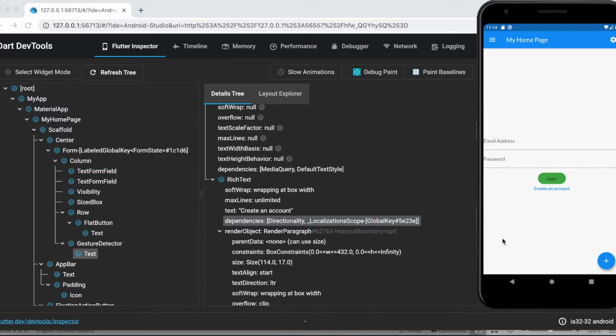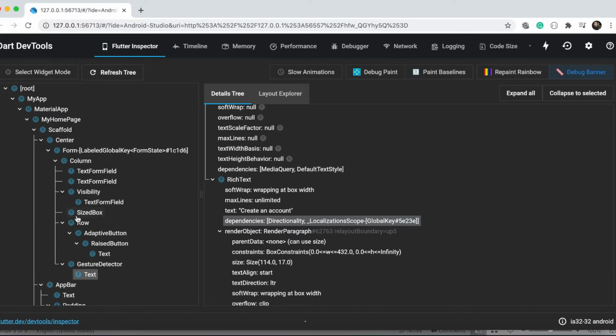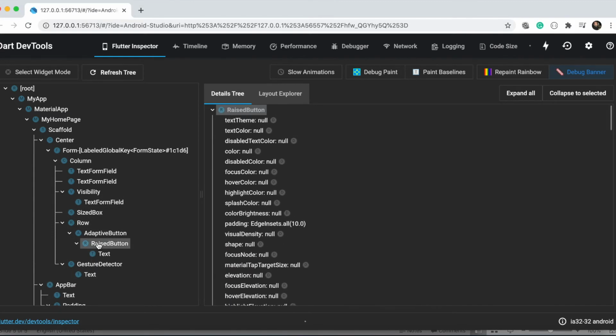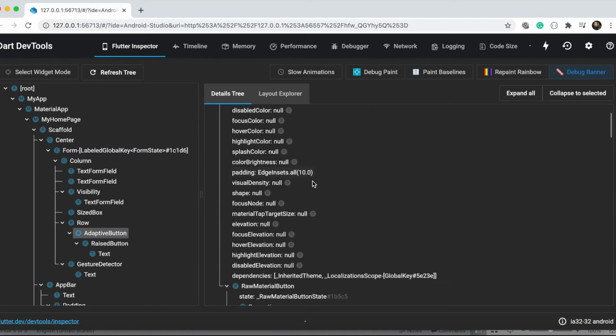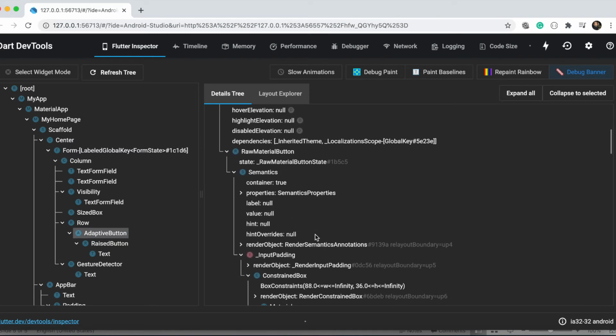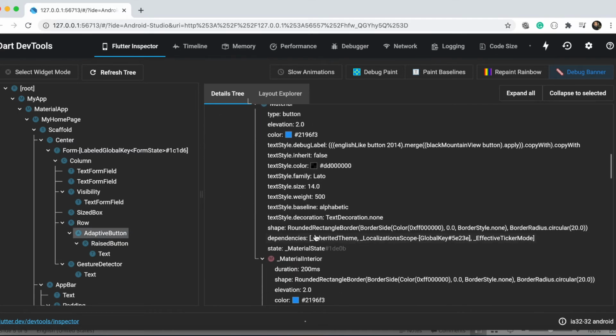Now, on the other hand, we're gonna check the login button. So now we have the sign up button here. I'm gonna refresh tree and check the raised button. Actually, now it's a completely different object. So